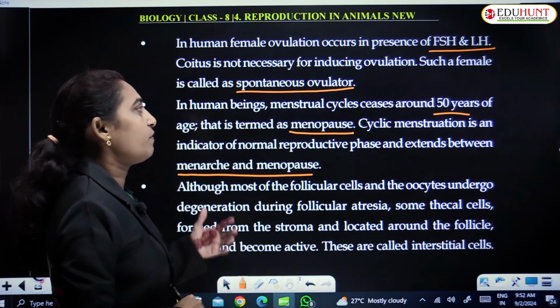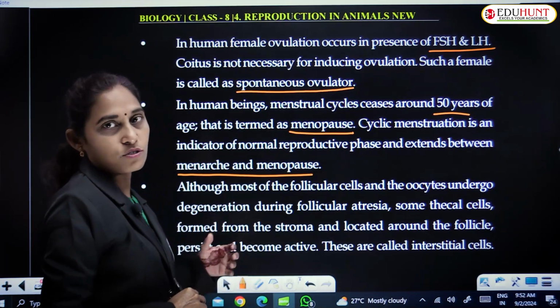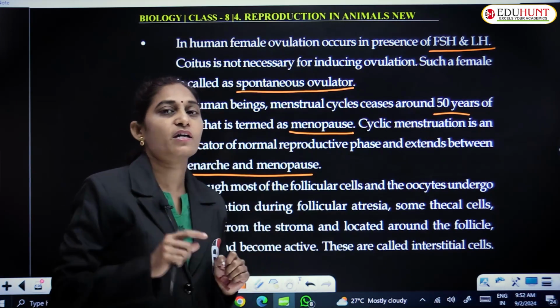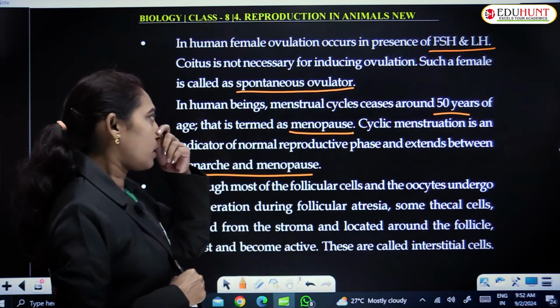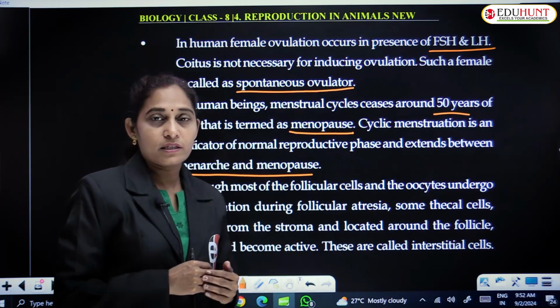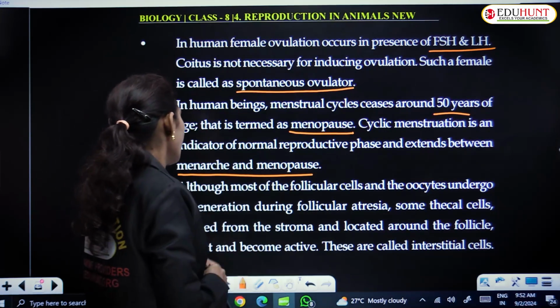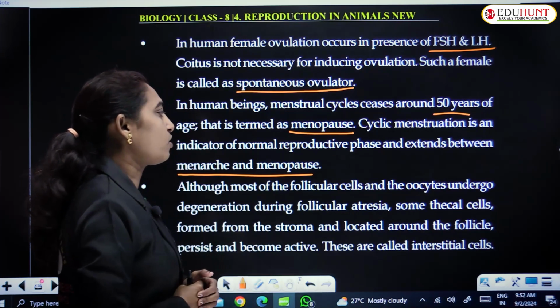Menopause does not happen completely until around 50 years. From the first release until menopause, this cycle indicates a healthy reproductive life. Although most of the follicular cells and